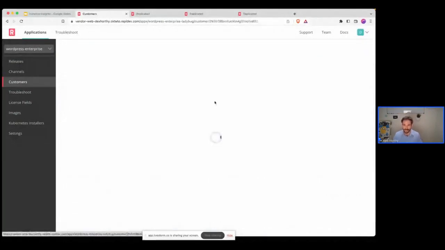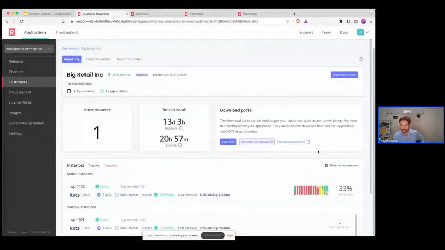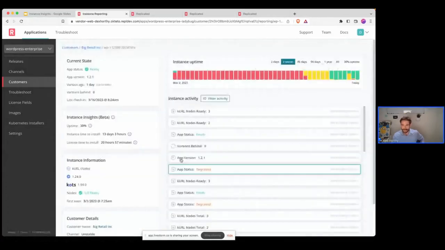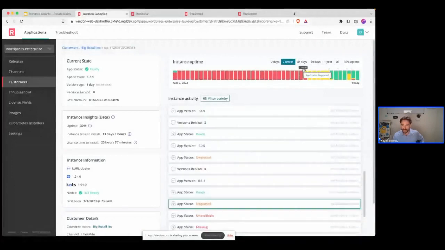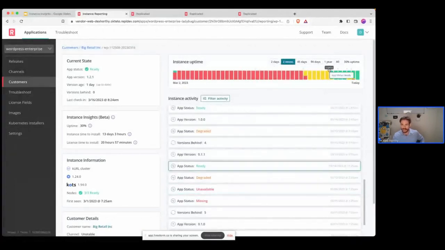We'll click into Big Retail Incorporated. This one's only got one active instance and then a few that have gone offline since then. And we can click into that active instance. Some really fun stuff you can do here is click into specific events to understand what has changed. So we could maybe see we installed app version